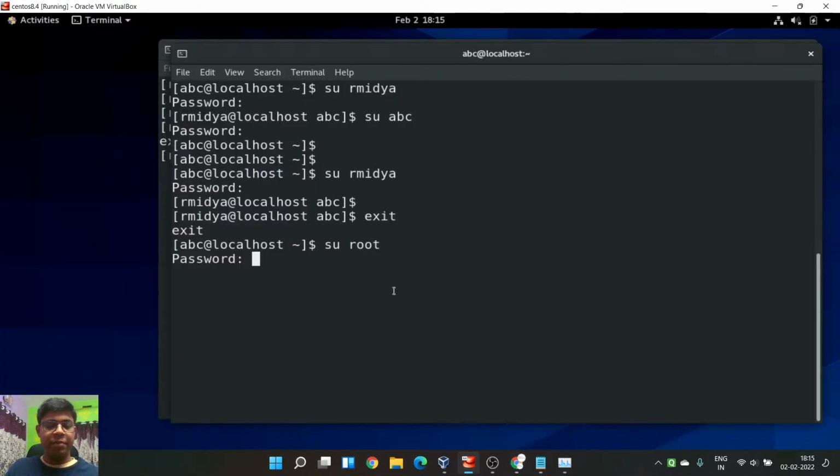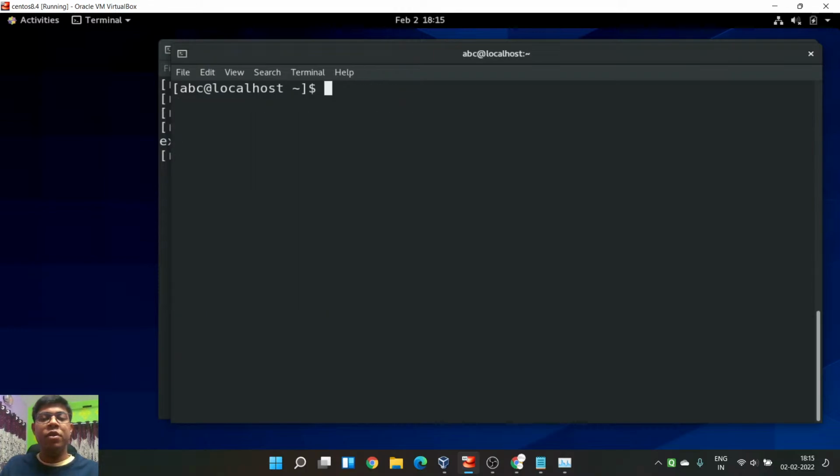Here, let me just do Control C. Let me clear the screen. If I do su armidya, what does this mean? This means you are just switching the user. You are not switching the workspace. What is the meaning of it?